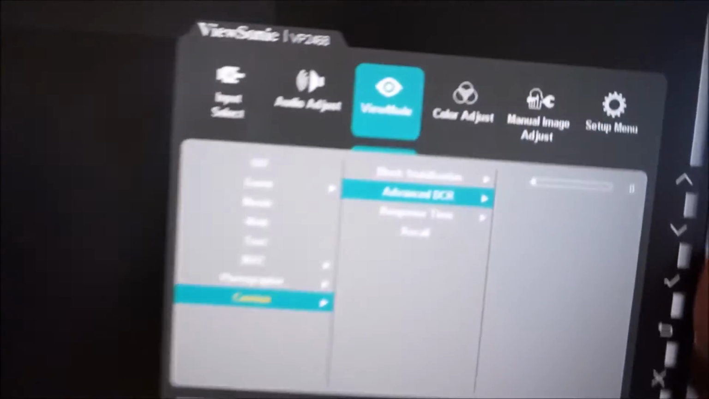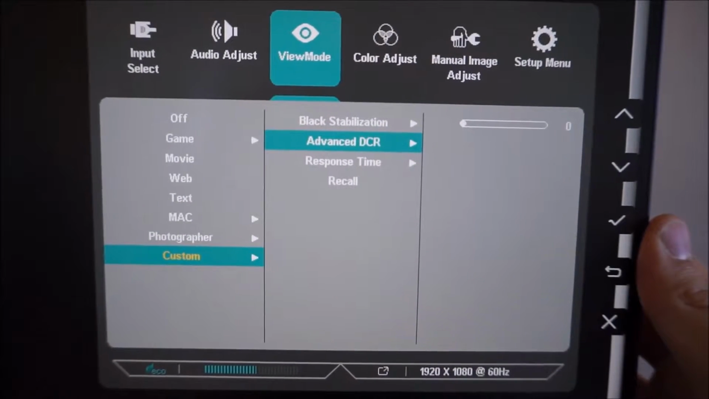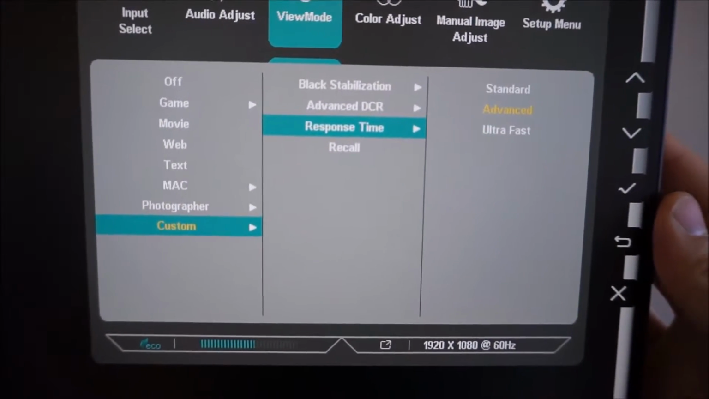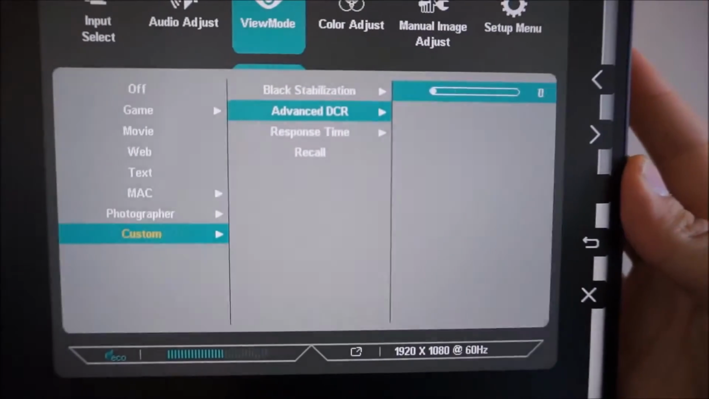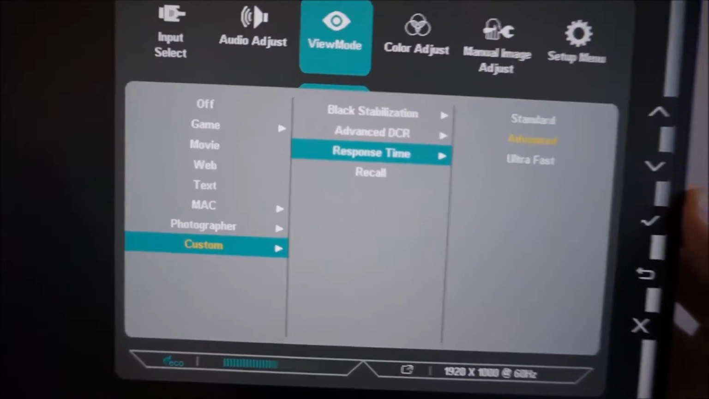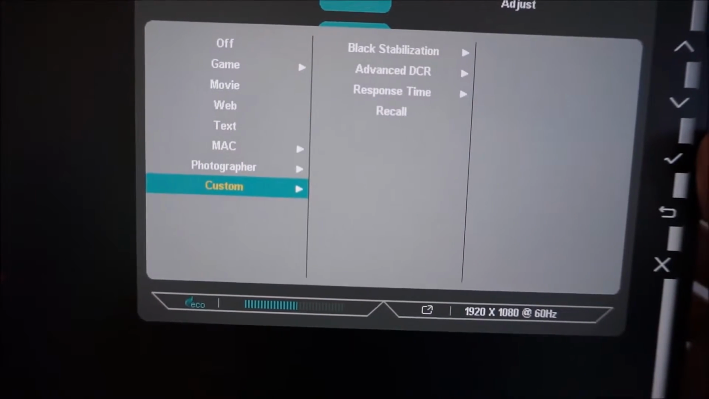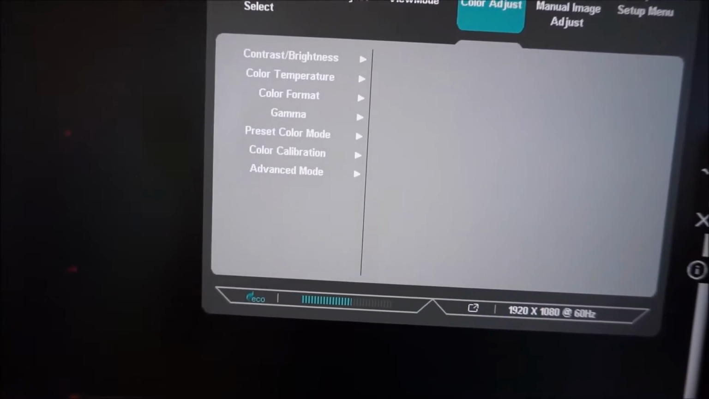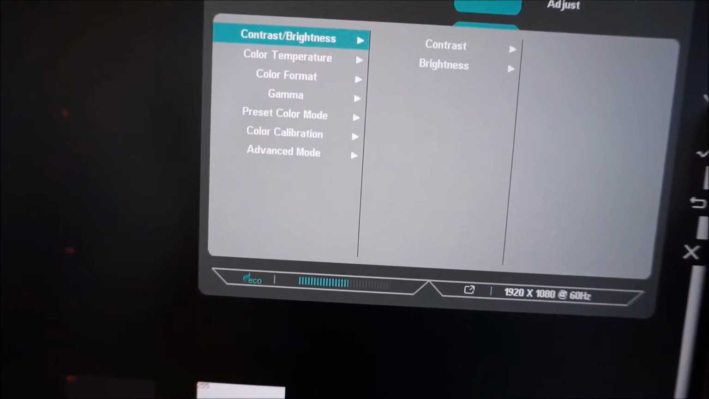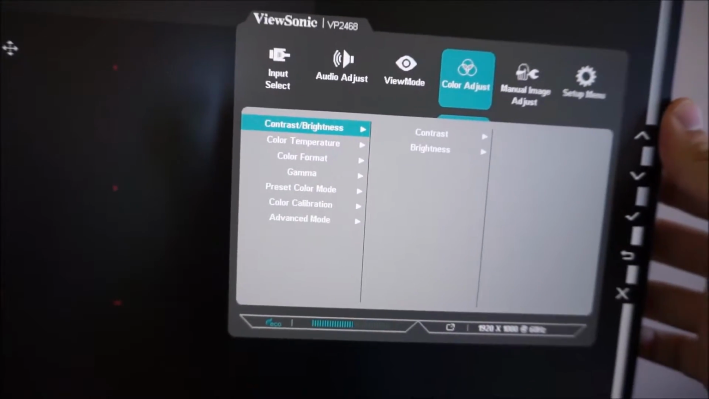There's Advanced DCR, which is a dynamic contrast mode, which is explored in the review. You can set that to various different levels. Response time, which I've just gone through before, and recall, which I went through before as well. And there's a color adjust menu. If you do adjust some of these, you can adjust the contrast and brightness in any of the presets,